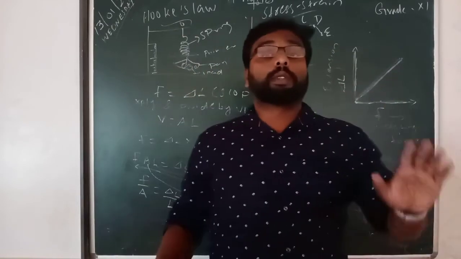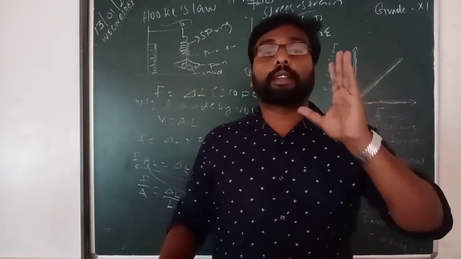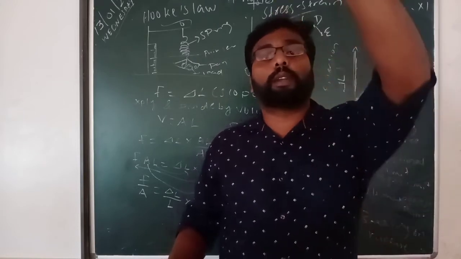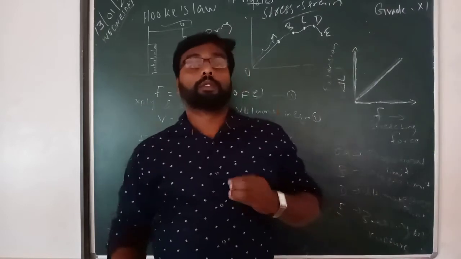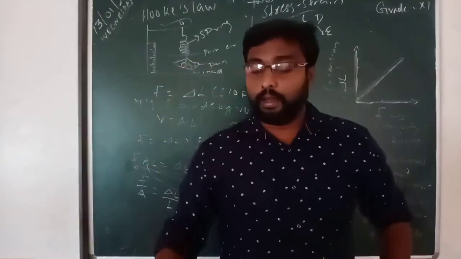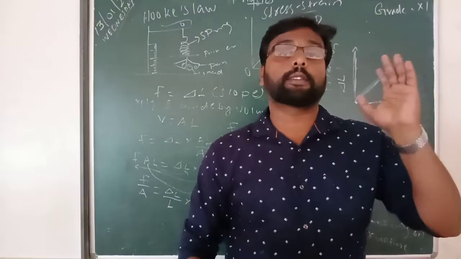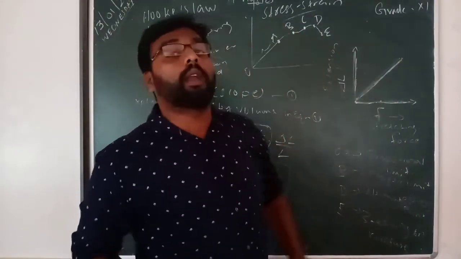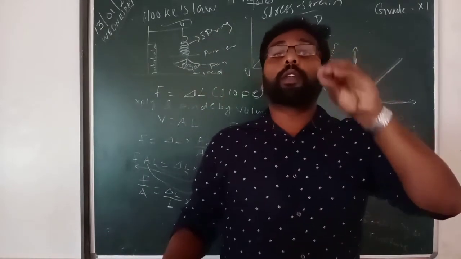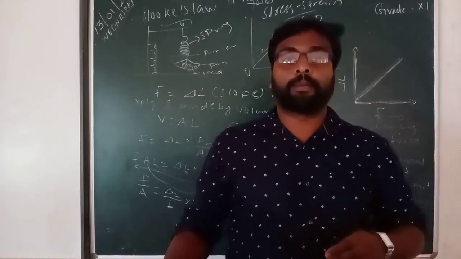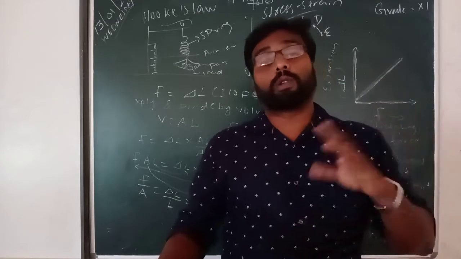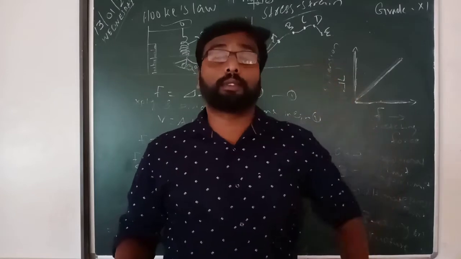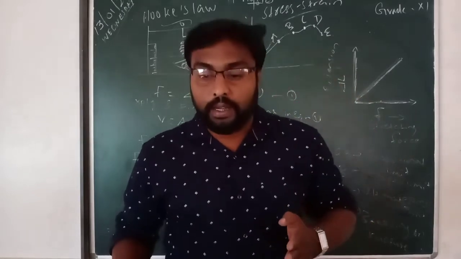The graph is a straight line. Hooke said that only. Stress and strain are directly proportional to each other. Both should extend equally. So until the point A, stress and strain are directly proportional to each other, and this point has one name, limit of proportionality. After this point, Hooke's law is not valid. So that is why this point A is called the limit of proportionality.